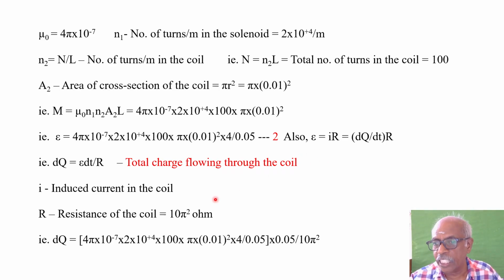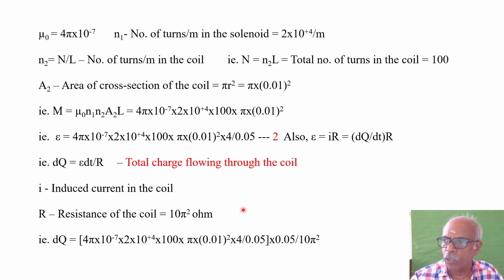What is I, sir? The induced current in the coil. Current is flowing in the solenoid, it doesn't matter here. Due to the production of the induced EMF E, an induced current will be flowing in the coil. That is small. Now you find this. According to Ohm's law, E is equal to I into R. Is the induced current given, sir? No, you need not know that. That is not necessary for this question. What is R? R is the resistance of the coil, 10 pi squared.